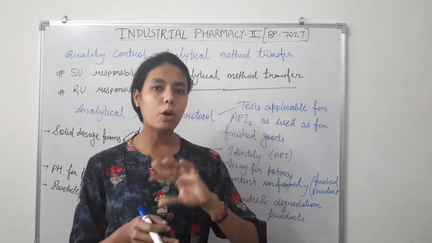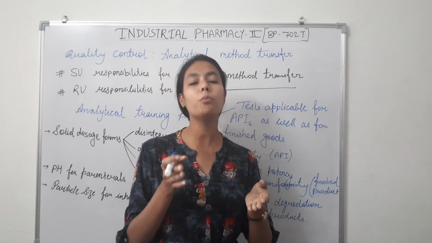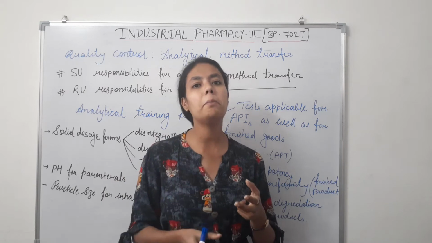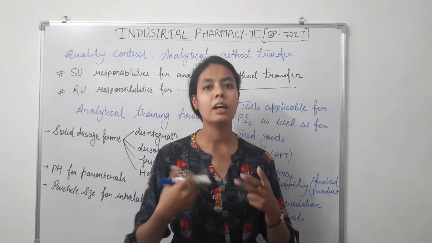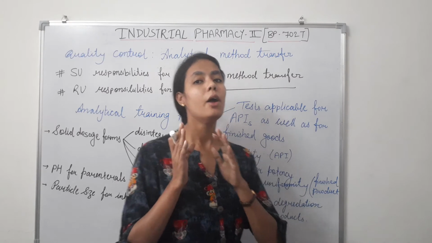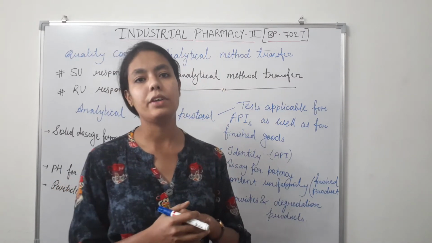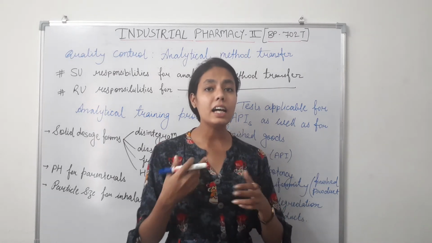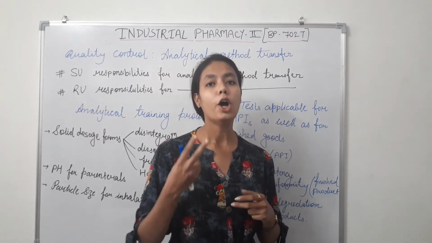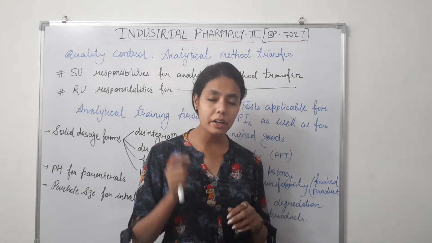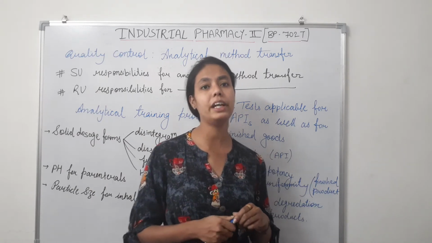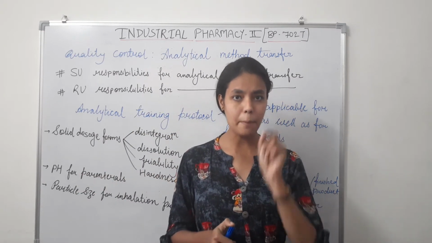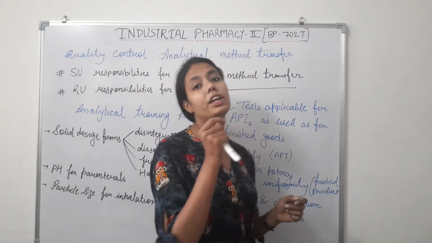That means personnel from both units, the sending unit and the receiving unit, cumulatively perform analysis for a sample obtained from the sending unit. Apart from that, the sending unit and receiving unit analysts then assay two subpotent samples which were already received from the sending unit. Apart from that, the sending unit and receiving unit analysts assay samples taken from the receiving unit production.